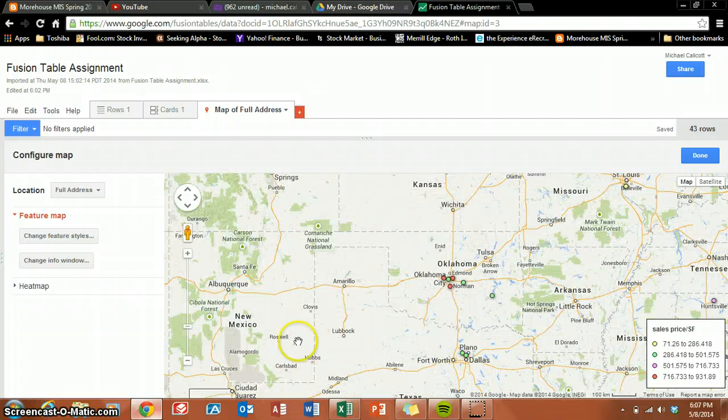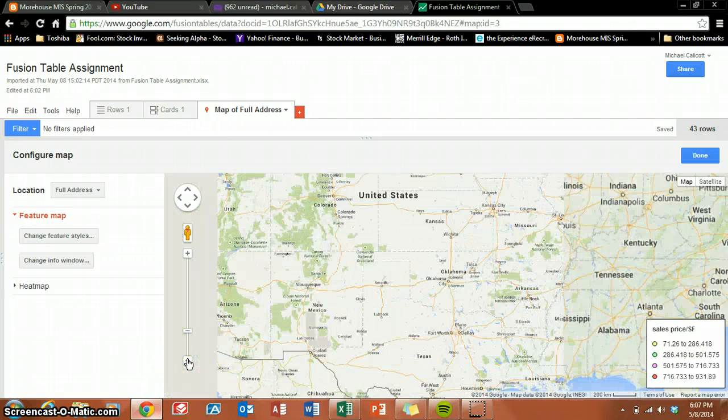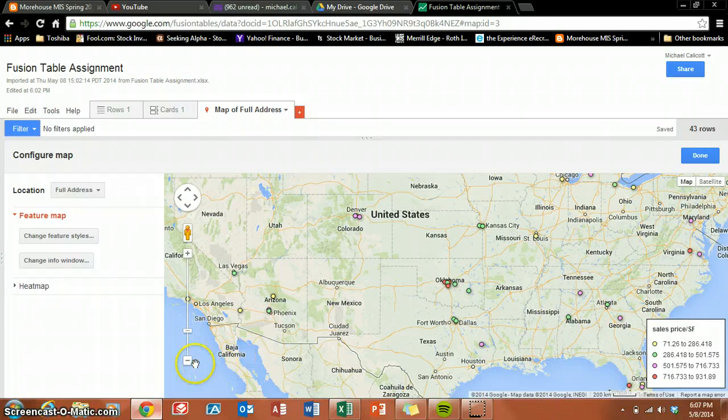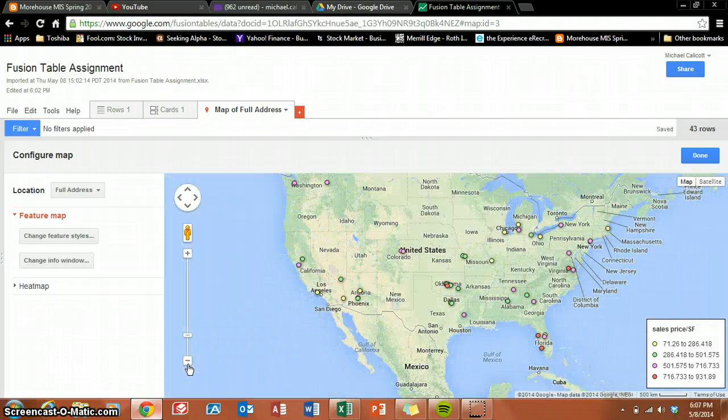In the same way, if in certain parts of the country the sales price per square foot may be higher. So, in California, maybe they're going to be higher than they are on the East Coast. So it's just all kinds of ways that you can interpret the information once you've gathered it all and you've placed it into the Fusion table and applied the appropriate style features. And yes, that is